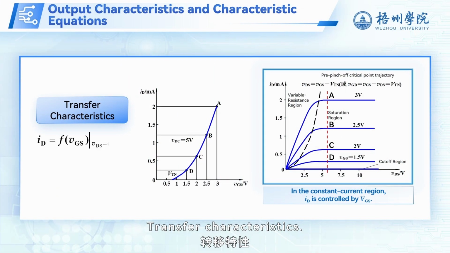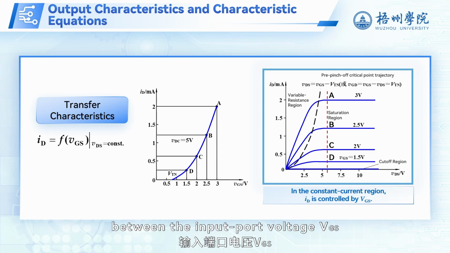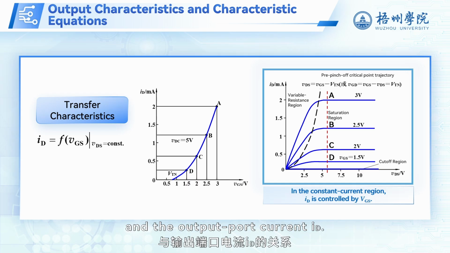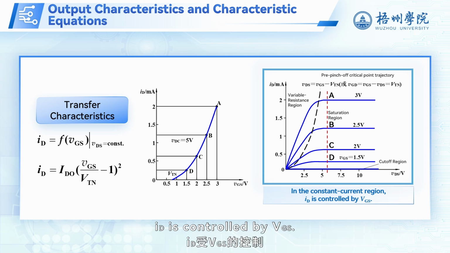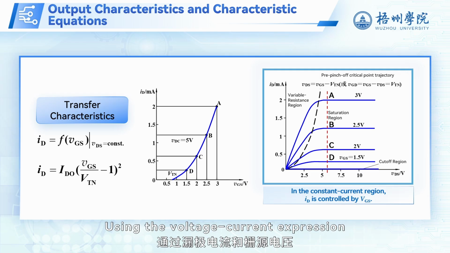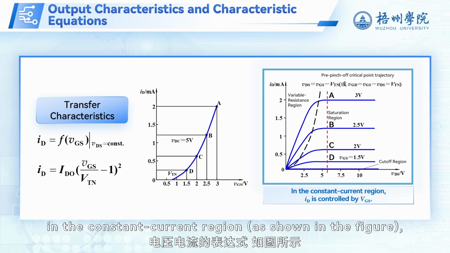Transfer characteristics. The transfer characteristics describe the relationship between the input port voltage V_GS and the output port current I_D. In the constant current region, I_D is controlled by V_GS. Using the voltage current expression for drain current and gate to source voltage in the constant current region, as shown in the figure,